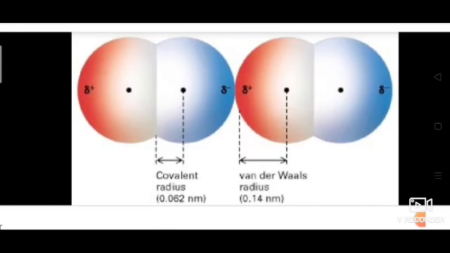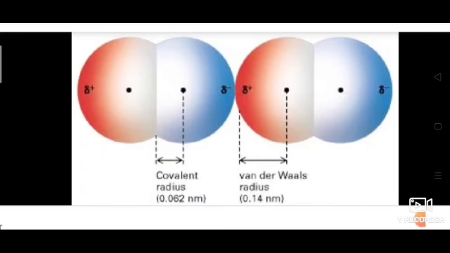If you see a cation, for example, sodium is converted into sodium ion. So a cation is smaller than the parent atom because the outer valency shell of an atom generally vanishes in the cation. On the other hand, an anion is larger than the parent atom because with the increased number of electrons in the anion, the inter-electronic repulsion increases and the nuclear charge is not sufficient for the nucleus to hold the electrons tightly.